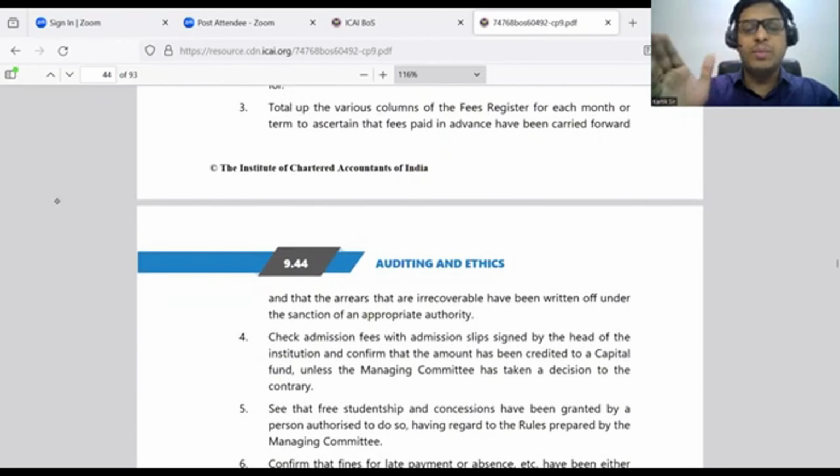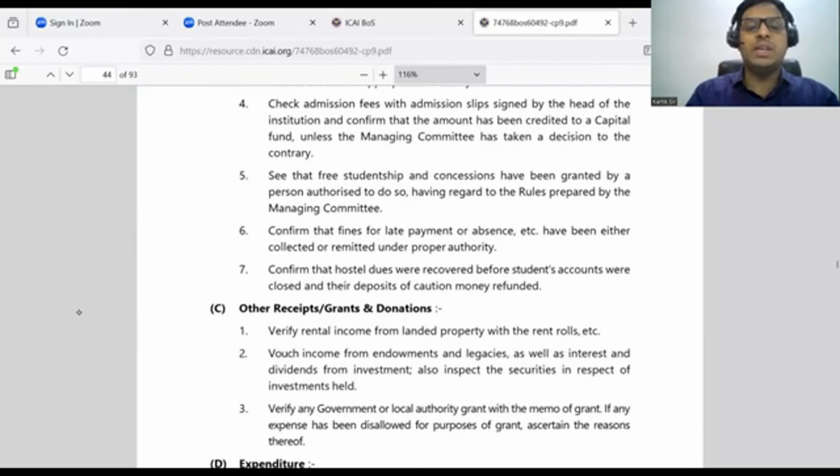The various columns will be made. Columns में we'll write कि कितना हमको पैसा एडवांस में मिल गया, कितना पैसा पेंडिंग है, कितना एरियर्स में है, कितना इरिकवरेबल है जिसके लिए हमें प्रोविजन बनाना पड़ेगा, यहाँ पे राइट ऑफ करना पड़ेगा बाद में. आगे लिखा है यहाँ पे कि सर जो भी एडमिशन फीस आया, वेदर एडमिशन स्लिप्स हैव बीन गिवन टू द स्टूडेंट्स और नॉट. सर नेक्स्ट आएगा अगर कोई ब्रिलियंट स्टूडेंट रहेगा तो देन वेदर एनी फ्री स्टूडेंटशिप और कंसेशंस उसको देंगे हम यहाँ पे. तो वेदर फ्री स्टूडेंटशिप और कंसेशन इज गिवन और नॉट टू सच अ स्टूडेंट, अगर रहेगा तो वेदर रिकॉर्ड इज मेंटेन प्रॉपर्ली.